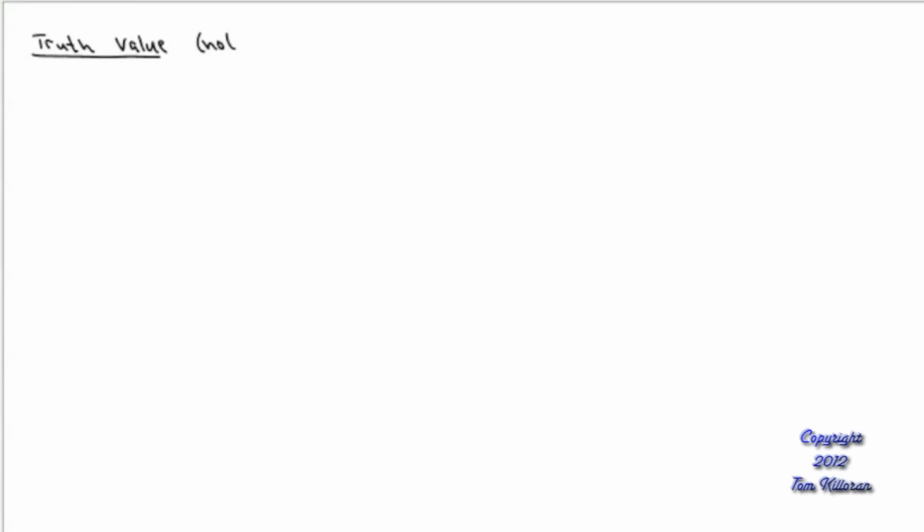Is it the same section? 4 and 3, I think. It's in both of them. Okay. But if I ask you to find a truth value, you do not do a truth table. You don't get all of this mess. You actually get like a third of it. For instance,